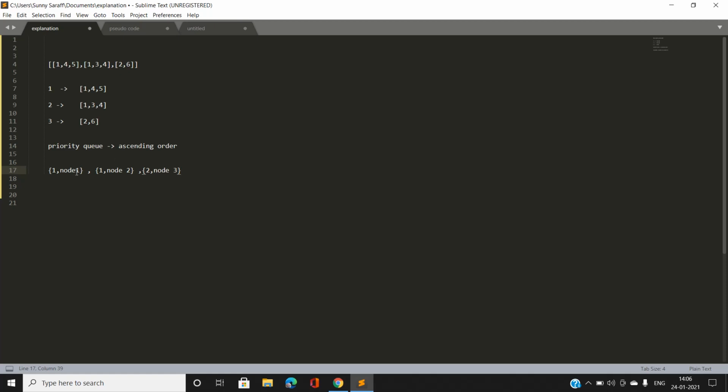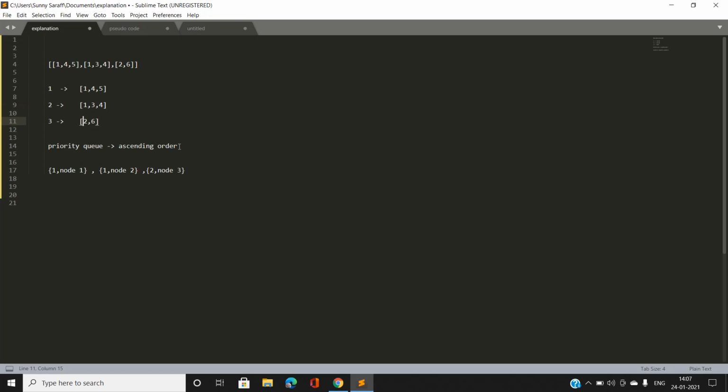Basically, the values are the starting nodes' values, node 1 denotes the starting node of the first linked list, node 2 denotes the starting node of the second list, and node 3 denotes the starting node of the third linked list.